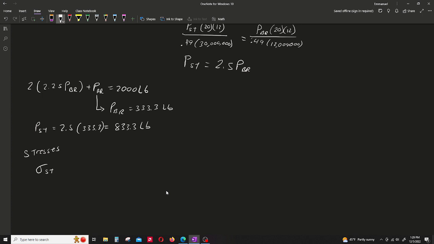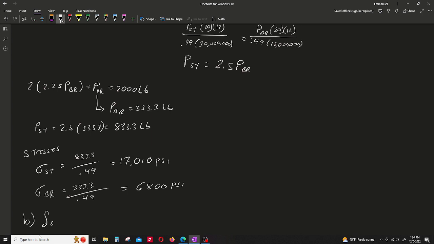Stress for the steel, or no, sorry, stress for the steel is 833.3 over 0.49, gives us 17,010 psi. And then for our bronze, it's 333.3 over that 0.49, and we get 6,800 psi. And then B,